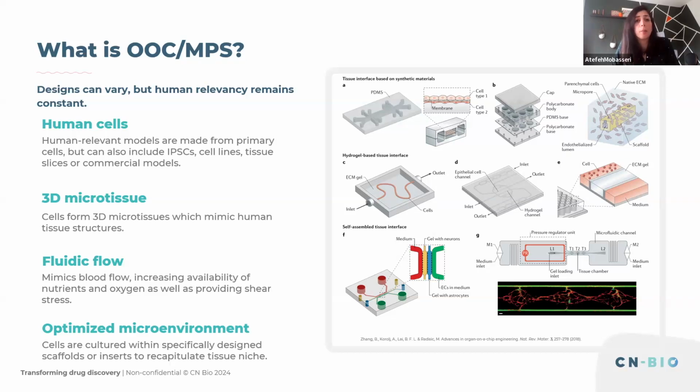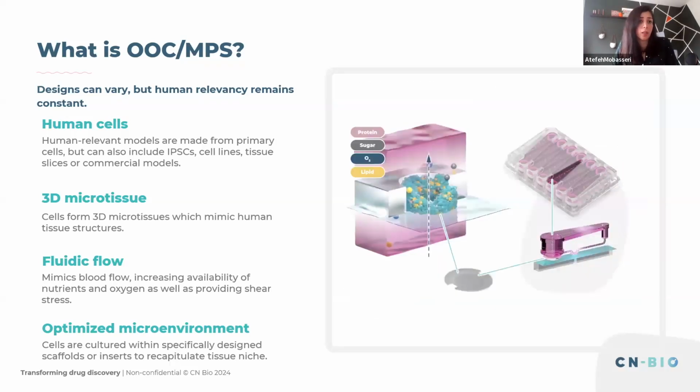And some companies and some technology incorporated gravity-driven flow. Some provide more tunable and controlled flow. But overall, all of these technologies have one aim, and that is to provide a human relevant model. So usually we can include human cells, and these can be different cell types: primary cells, iPSCs, cell lines,